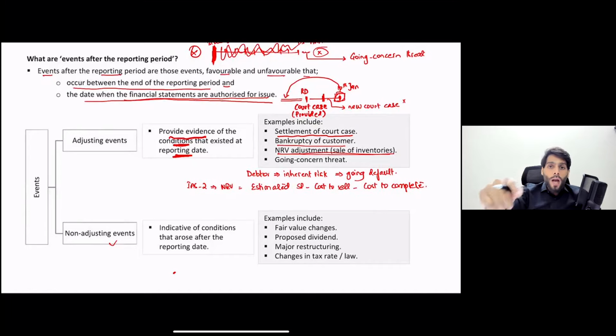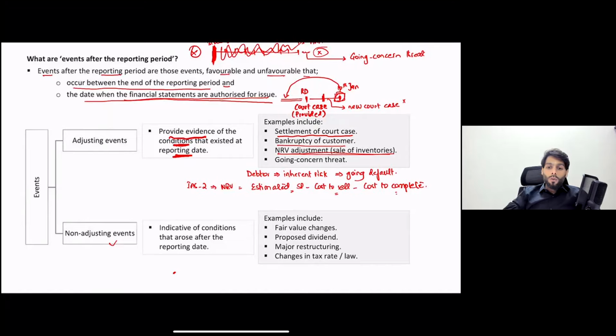Where will you as an accountant get the estimated selling price? It's not your industry, you are just an accountant, you're not an engineer that you can actually audit a particular plant and machinery when you go and audit an engineering company. It does not happen like that. You won't know the estimated selling price. You won't know the cost to sell. You won't know the cost to complete. It's practically impossible. All right. So there may be some industry benchmarks that you can refer to, but again, it's pretty much bleak.